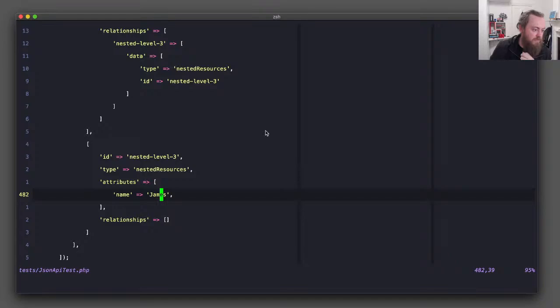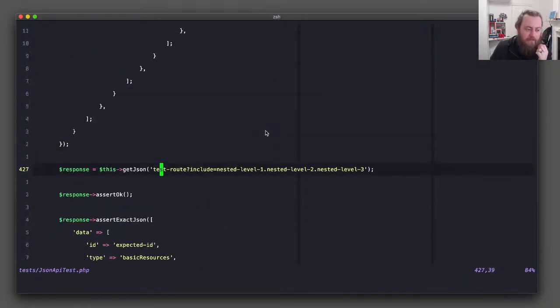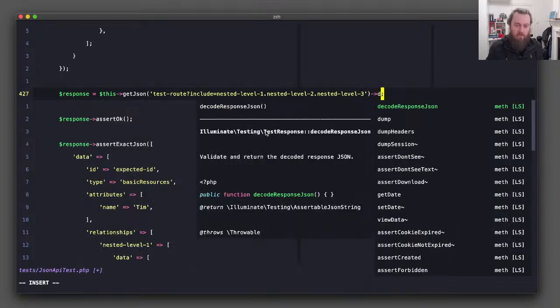So I think that looks pretty good. So now we just need to see how that's looking. So nested level 3 is, okay. So now